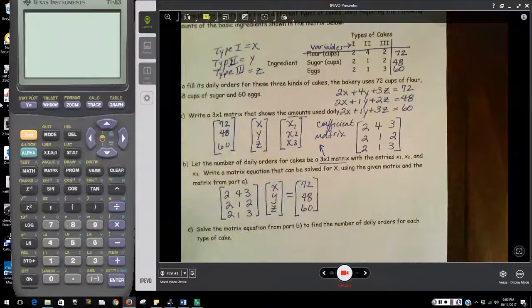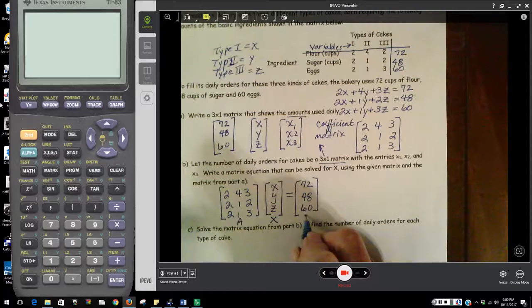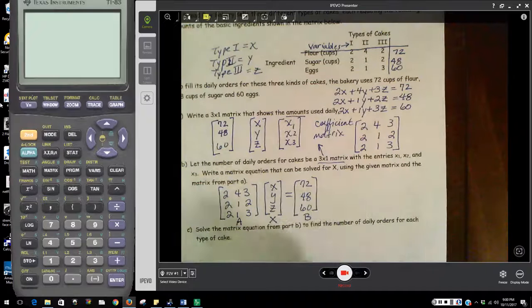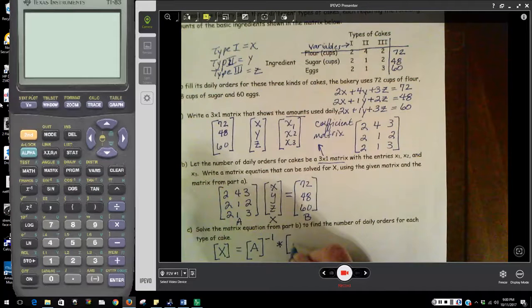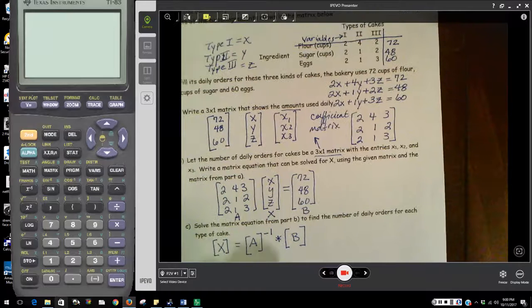So now that we have those, we can solve this matrix equation because here the coefficient matrix we're going to call matrix A. The variable matrix we're going to call matrix X. And the constant matrix is called B. And the way that we can solve that is to take matrix X is equal to matrix A and take its inverse and then multiply its inverse times matrix B. So the inverse of matrix A, we'll get our calculator over here,